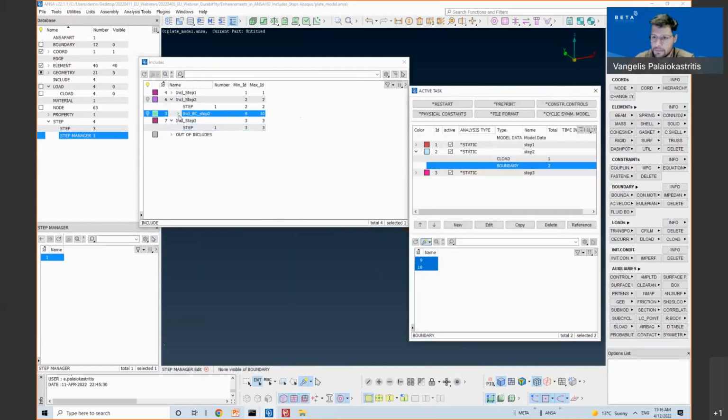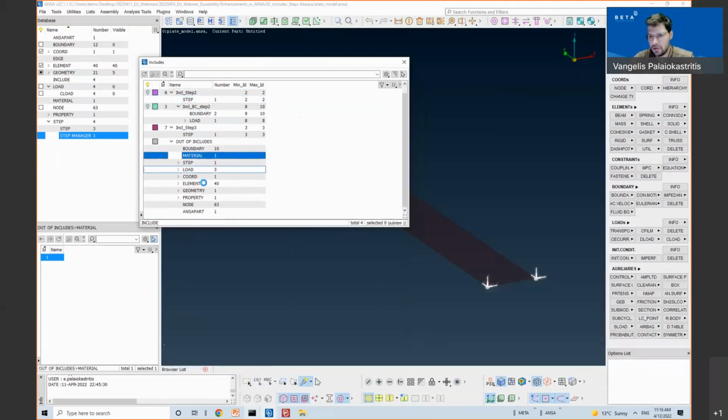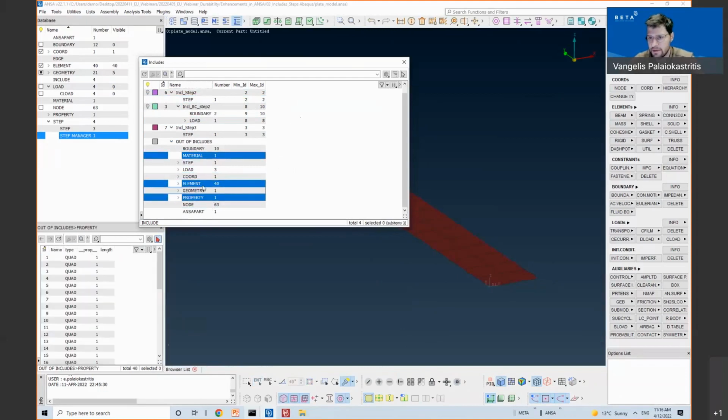Okay. And now I have an include with the contents of the history data of the step 2 inside the step 2 include. I will also create a model data include with the elements, the material and property.